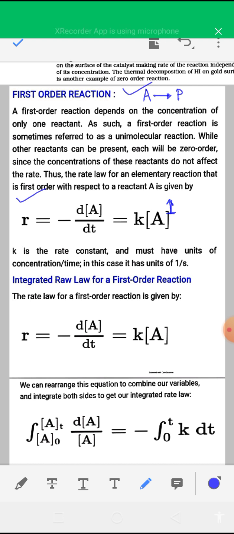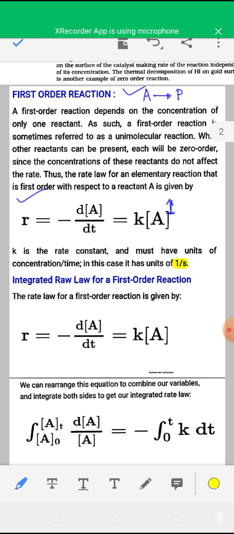Okay, I have already told that this reaction A to P is the first order reaction, so you can write the rate of the reaction is equal to minus dA by dt is equal to K into concentration of A to the power 1. Okay, and you know last day I have told the unit of rate constant for first order reaction is 1 by time, that is 1 by second, or 1 by minute, that is second inverse, minute inverse, hours inverse. This is the unit of rate constant for first order reaction.